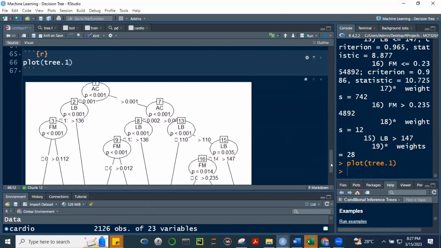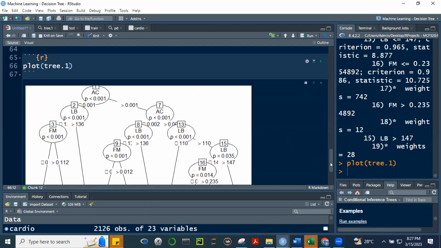Actually, madali lang siya interpret, no? The good thing here is that ang bilis ng generate, di ba? Ang bilis ng machine learning. Kaya we use only 3 variables para mas kitang-kita kagad natin. But you can of course use all the variables.